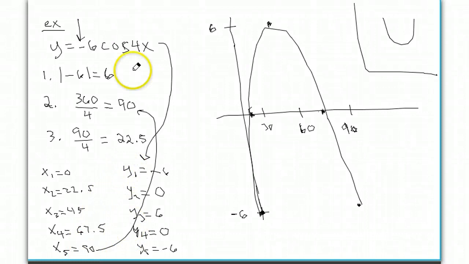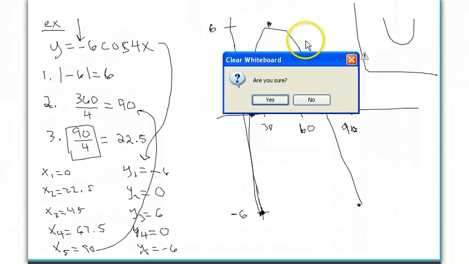Remember, in step 3, this 4 is a part of the formula. The 4 in number 2 came from the b value in the problem that you were given. So that number will change, but on number 3 you're always going to divide it by 4, so don't forget that. And so that's the cosine curve. So the assignment